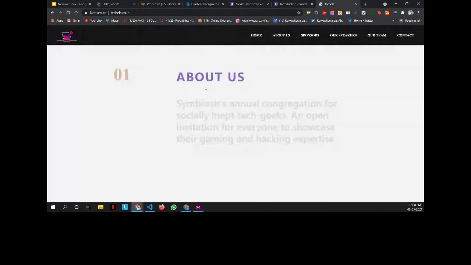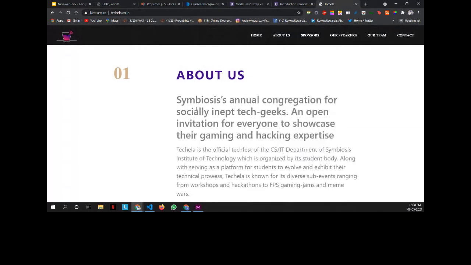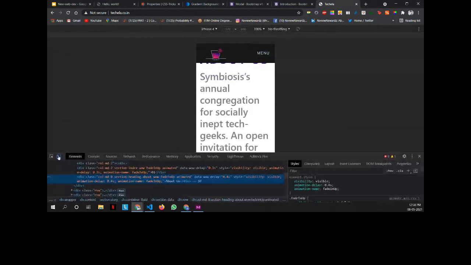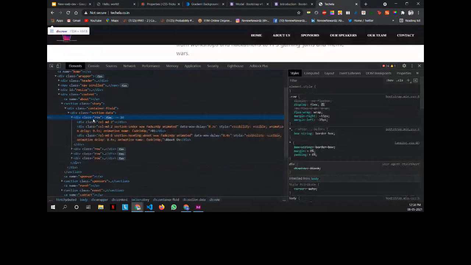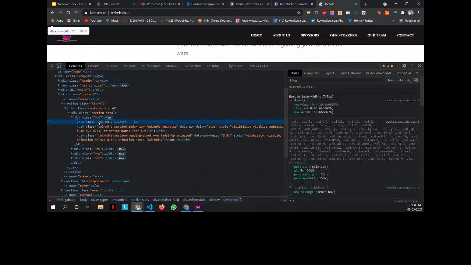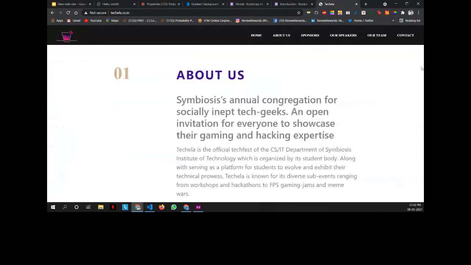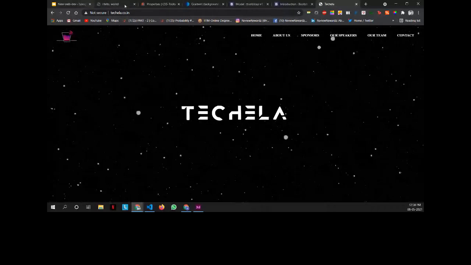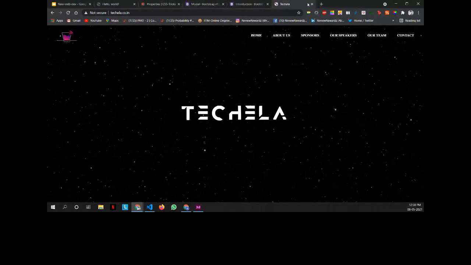The Tequila web app is made using Bootstrap only, guys. If I show you all the code here, as you all can see, we have container-fluid here, we have row here, we have col-md-12 here. All this is being inherited from the Bootstrap CSS. So 90% of the time people use Bootstrap because it has already written all the CSS required, and we just have to define the class name so that there's not much workload in adding the CSS.